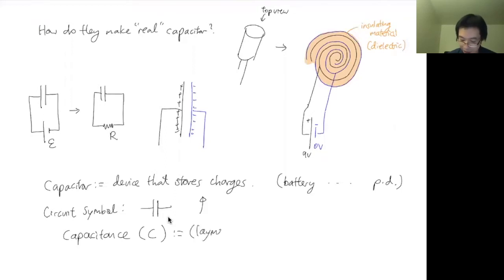Let me write it in layman terms first. A simple definition is that capacitance measures how powerful a capacitor is. This is not a technical definition, but if you want to explain it to your parents tonight, that you've learned what a capacitor is and what capacitance is, they don't need to know all the equations. You can tell them it basically measures how powerful the capacitor is.